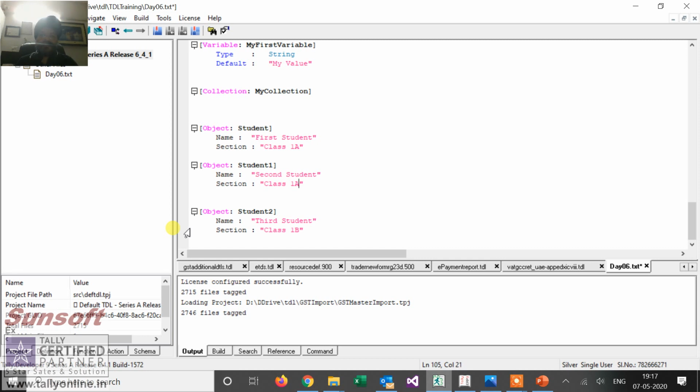So I created three objects, all have name and section in common.